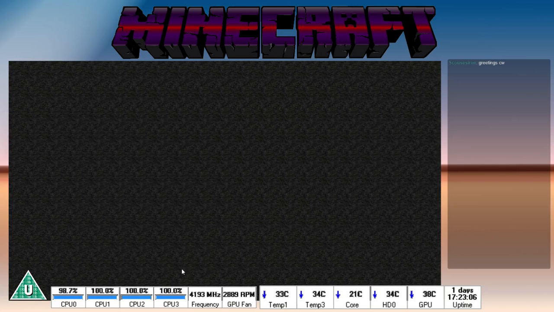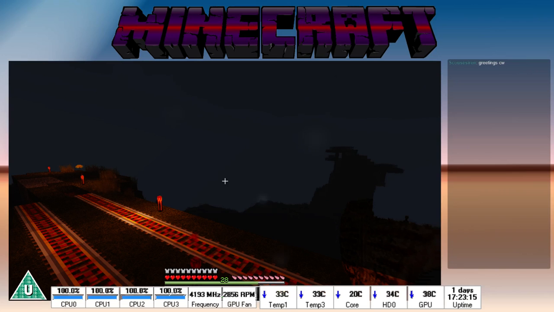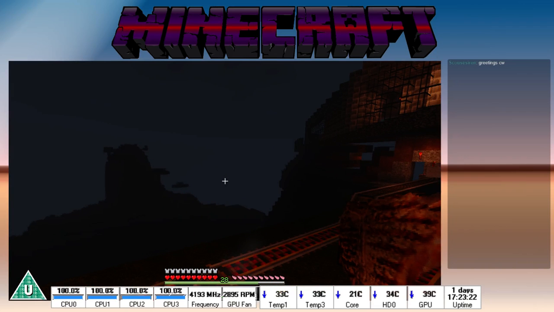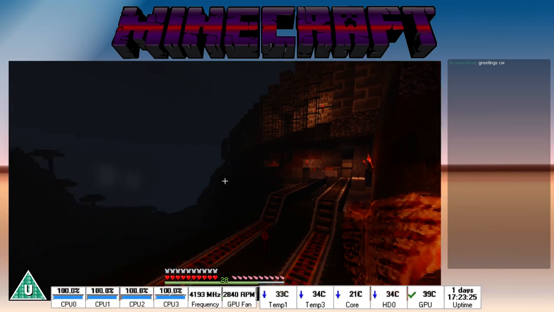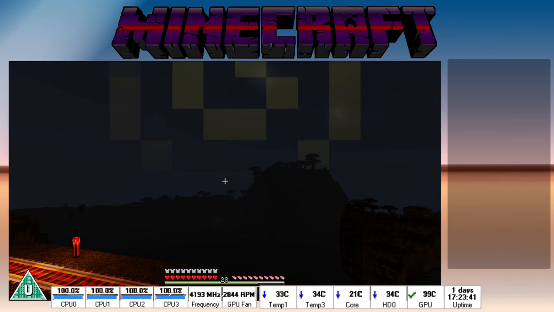Now, as you can see, my processors are pegged, and in Minecraft that's abnormal. There's a reason why they are pegged. Now this takes forever to load in because I'm now running shaders, or at least I thought I would show you running shaders. Now, the shader that I've got installed, unfortunately I've picked the wrong one, and so it really doesn't run too well